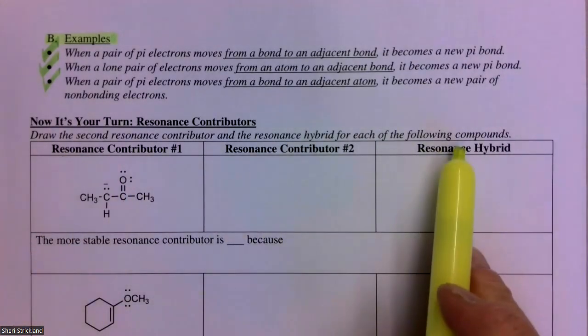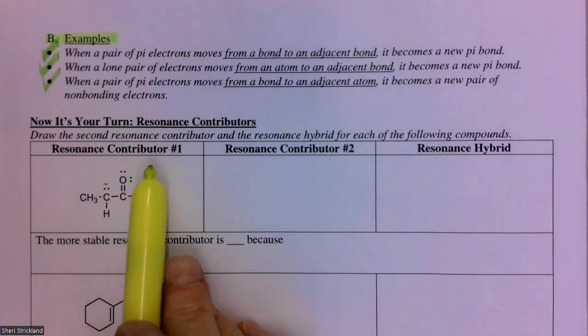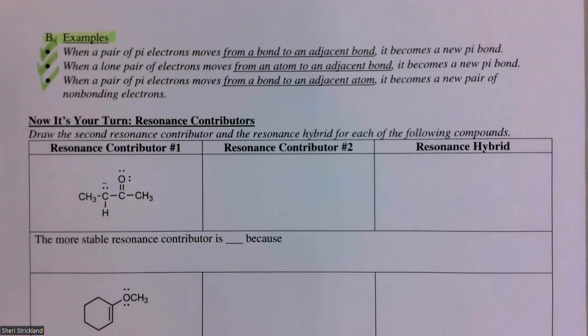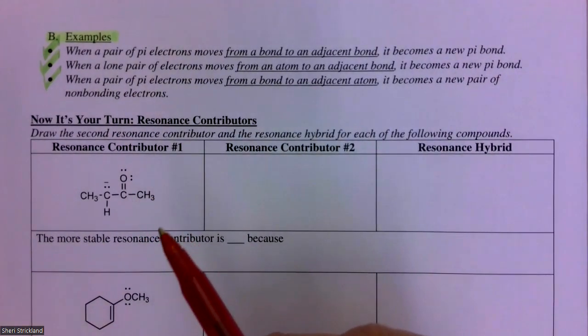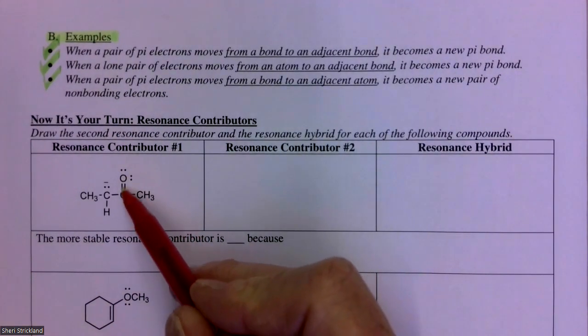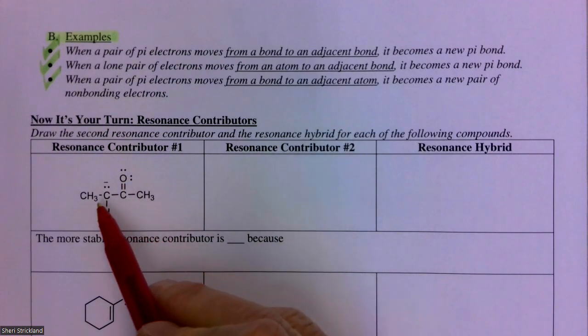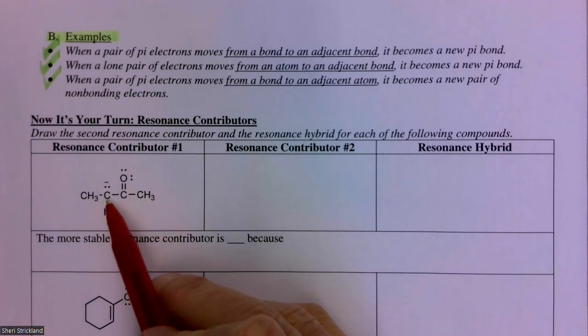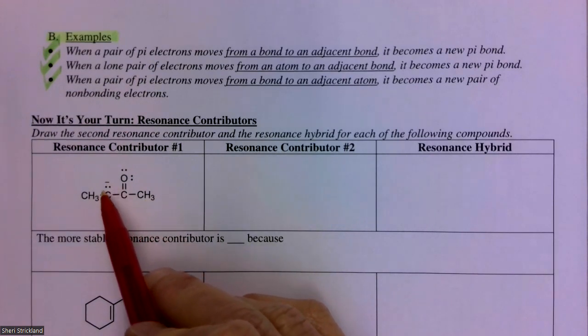And this is the kind of question that you might see. Draw the second resonance contributor and the resonance hybrid for each of the following compounds. The first thing that you have to do is identify whether you have any delocalized electrons in your molecule. The first thing I look for is sp or sp2 atoms. I've got a couple here, and then the question is, does one of these adjacent atoms have electrons that can move? Well, this is an sp3 atom, but it does have a pair of non-bonding electrons. So this is